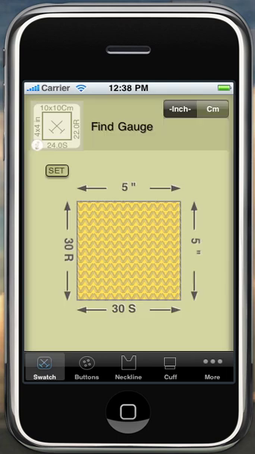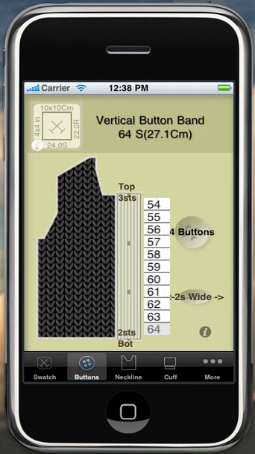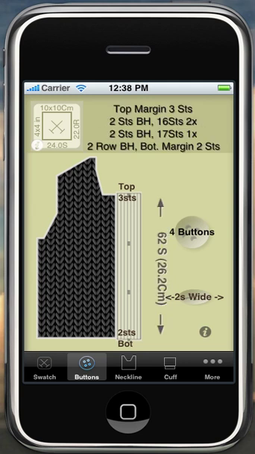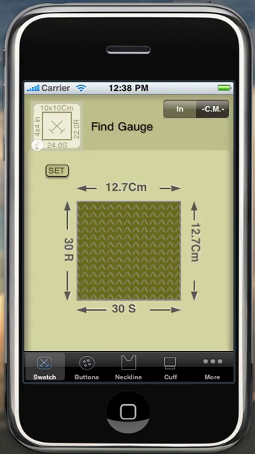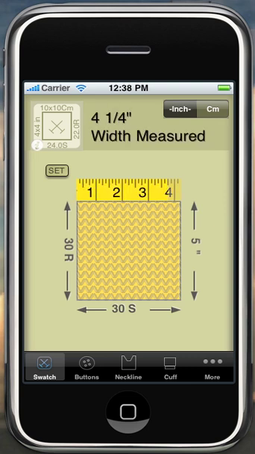Okay, quickly over each of these: inches and centimeters. You switch to centimeters, the system is in centimeters throughout. You only have one dimension showing on every screen, and that's dependent upon how you set it up in the swatch screen. Back to inches. Okay, you can use this to find